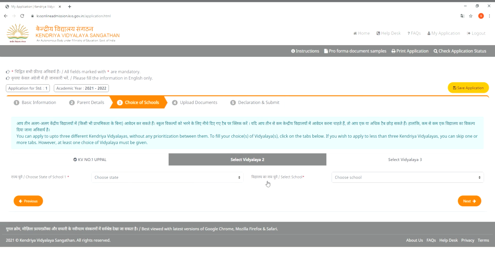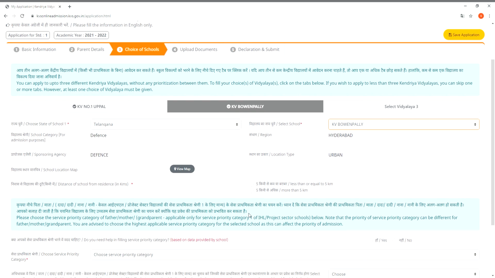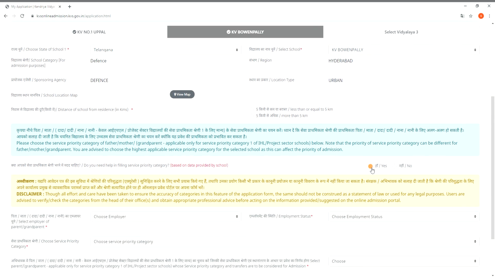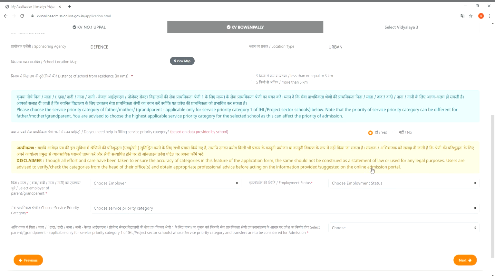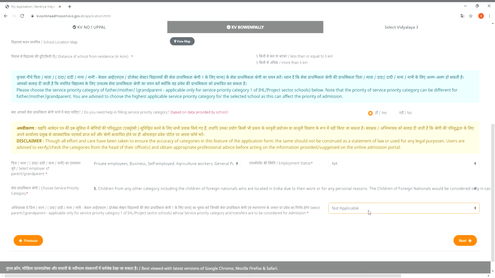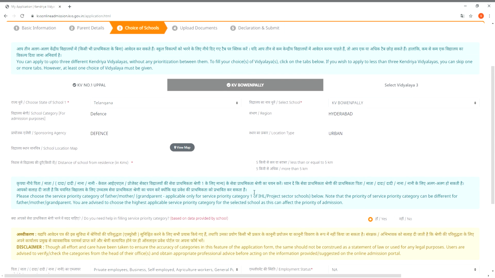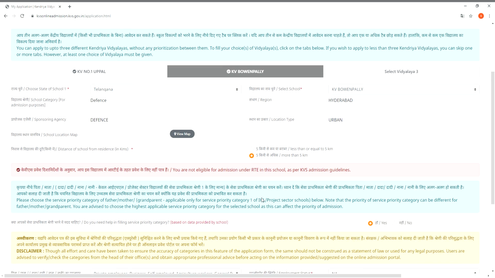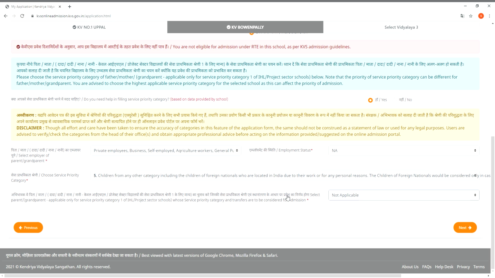Follow the same steps for second and third school as well if you want to fill those. And then click on next.